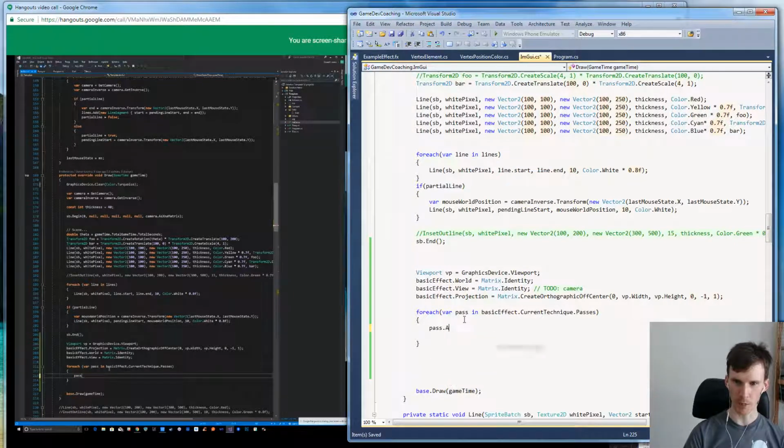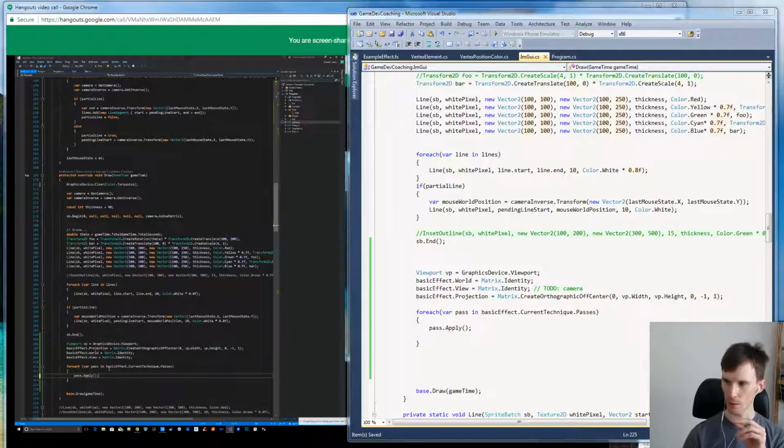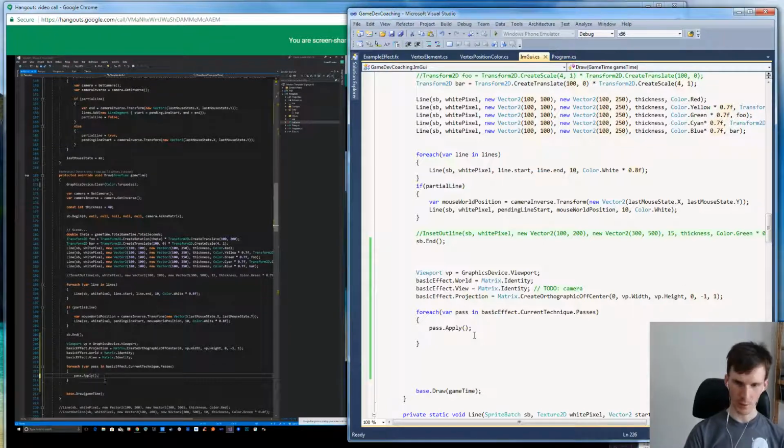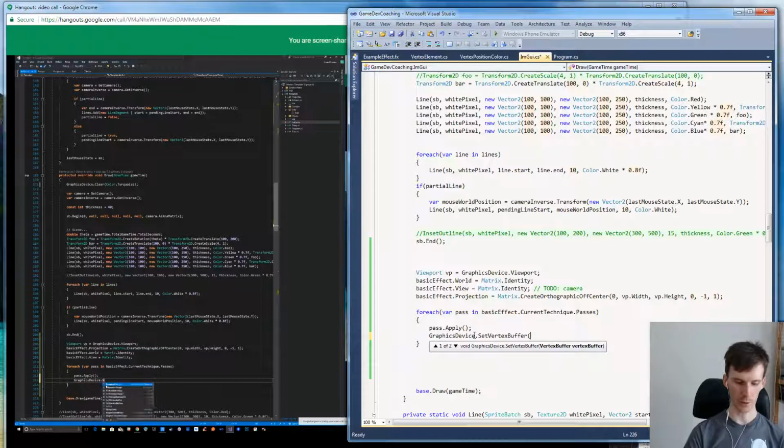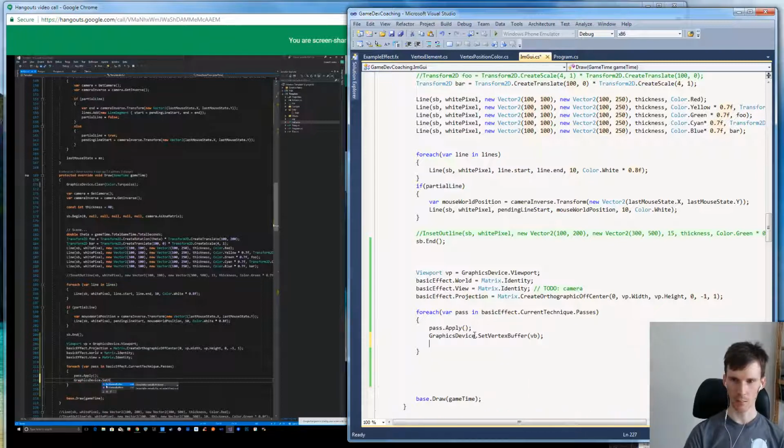So it's basically pass.Apply. Let me check my notes to make sure that I remember what this does. Yeah, okay, it's as simple as this. It's graphicsDevice.SetVertexBuffer, which is the vertex buffer that we made earlier. GraphicsDevice.Indices equals